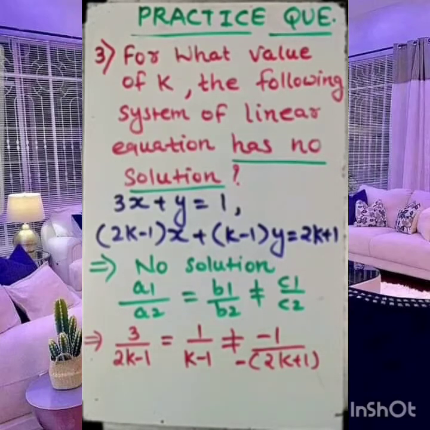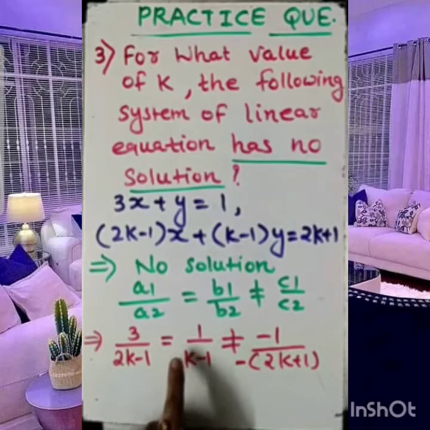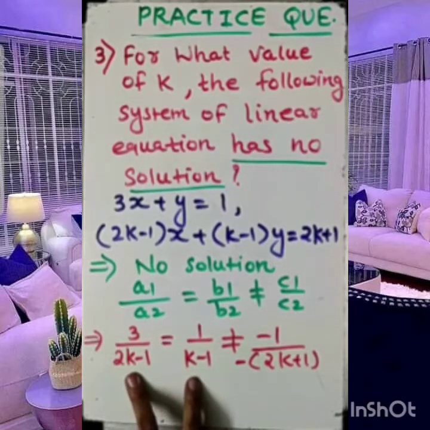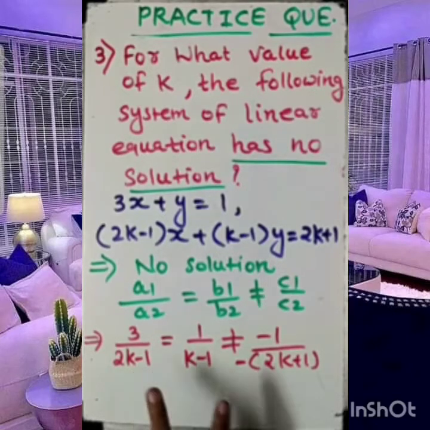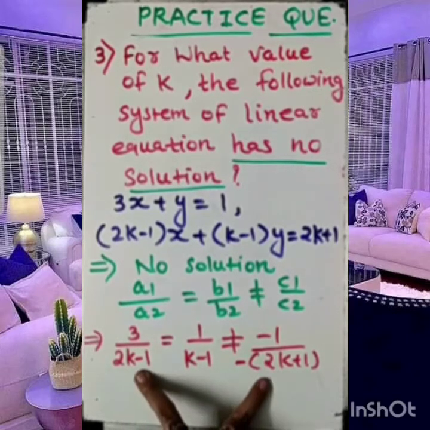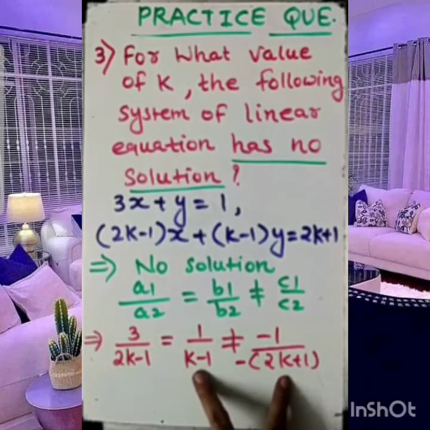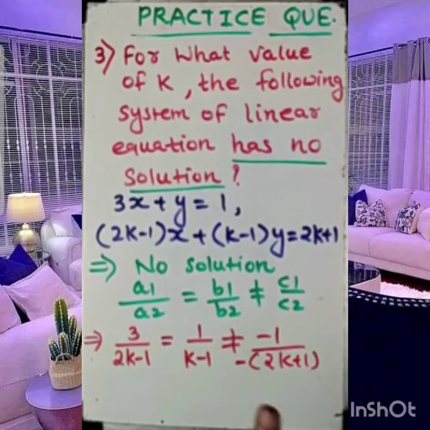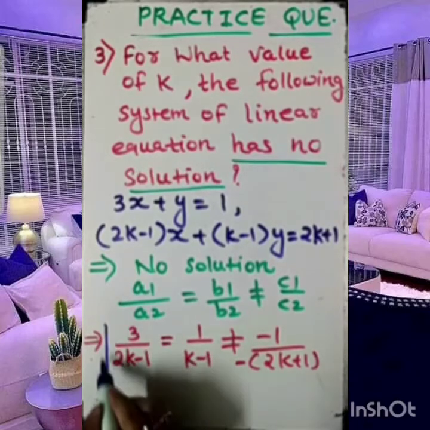Okay. So let's compare. If this is given, then we have two conditions. This 3 upon 2k minus 1 equal to 1 upon k minus 1. First we need to equate both of these, and secondly we can equate these two also. If not, then we can equate these two also, so that in both the cases you will find the value of k remains the same. Okay, so let's work upon that. So this is the very important result we are having.